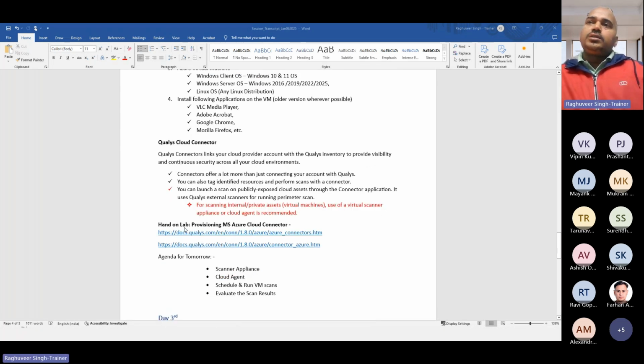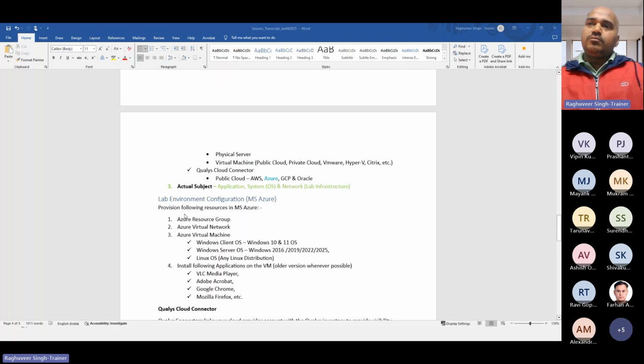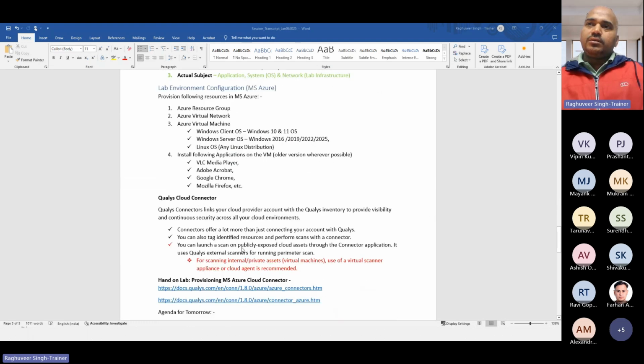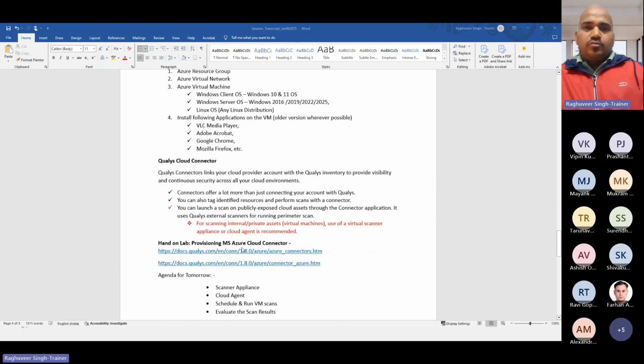Then we looked at Qualys Cloud Connector. That's what we started with. So out of four sensors, one of the sensors is Cloud Connector, and we started with Cloud Connector. Since you all have access to a Microsoft Azure subscription or Microsoft Azure lab environment, what we did, we basically configured a Qualys Cloud Connector application through which Qualys is able to authenticate and authorize to Microsoft Azure, and it is